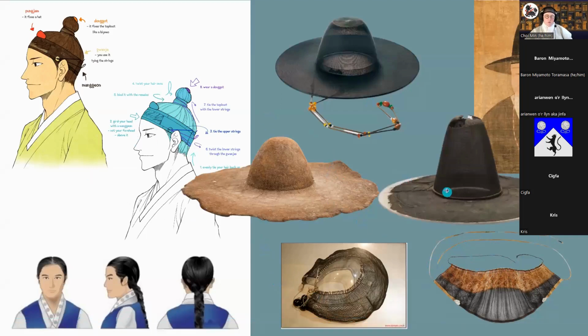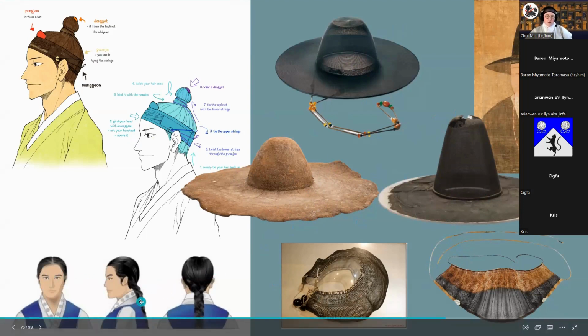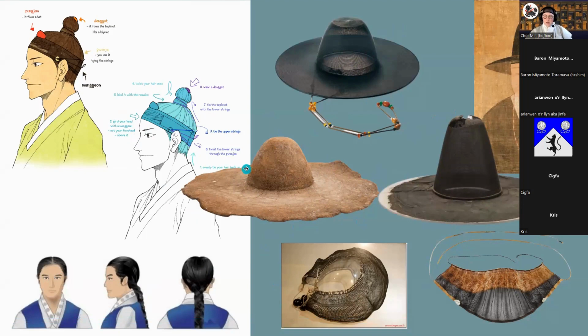Here's some hats I have as pictures. So basically, what you see in K dramas is that flat topped cylinder one, but anything that's going to be in period is going to be rounder. And here's a felt one for like a military hat. Young men would have just had their hair down in a braid, and then once you're of age, you would wear your hair up in a top knot.